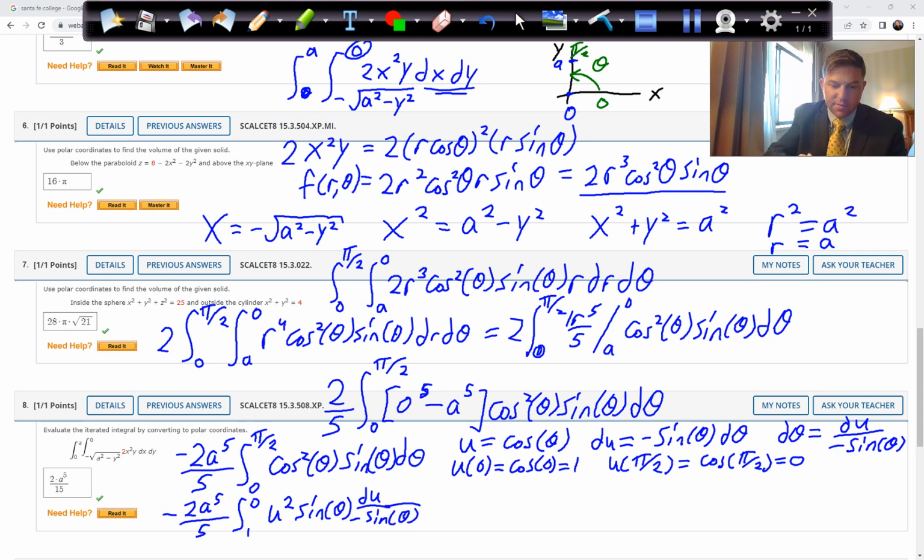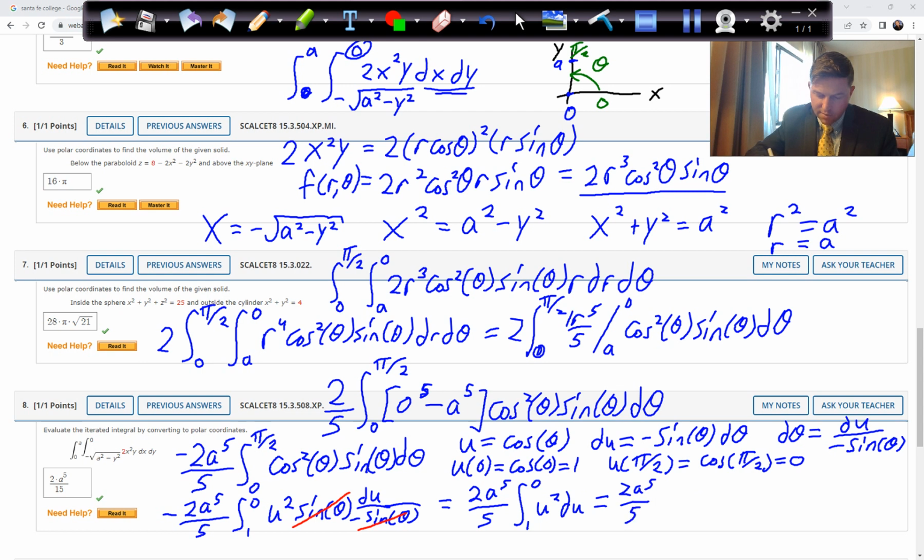And once again, if I've done this correctly, anything with theta should go away. Now I do have a minus that sticks around. Well, this minus will cancel with this minus out front. So this is going to be 2a to the 5th over 5 antiderivative from 1 to 0 of u squared du,